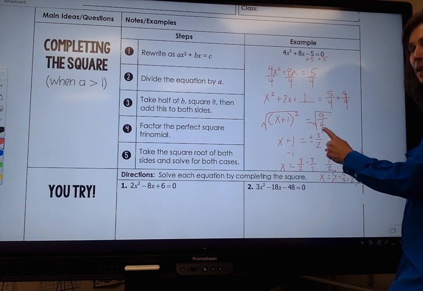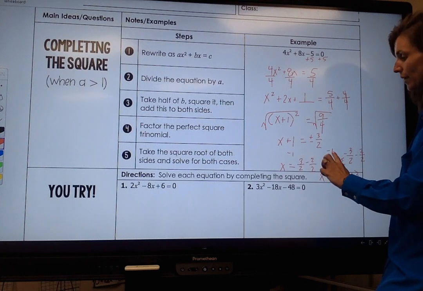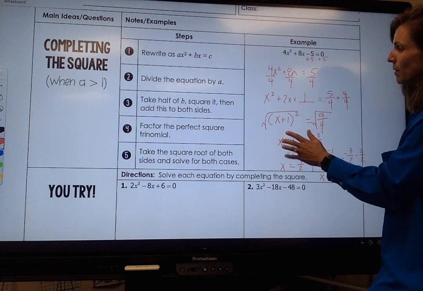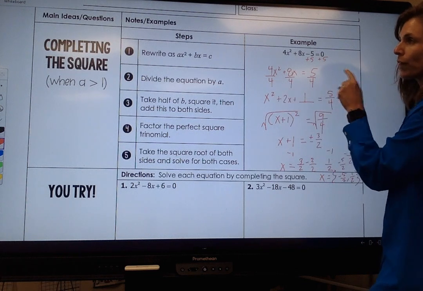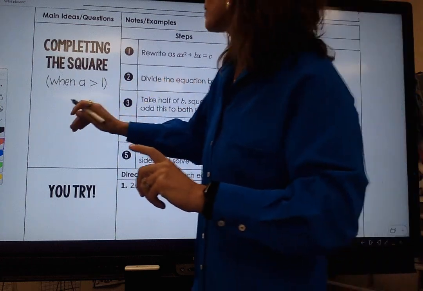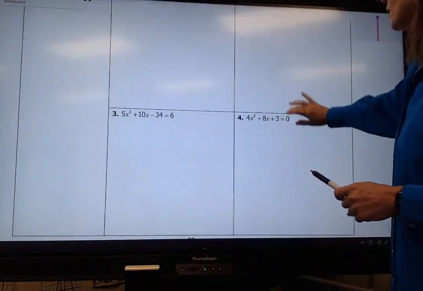Okay, so it's the same thing. We're just adding, it's plus or minus 3/2, and then we're subtracting 1. I originally added 1. Don't do what I did. So it's the same thing. The only thing new is we're dividing out that first term. So let's do a couple of examples together. All right, let's take a look down